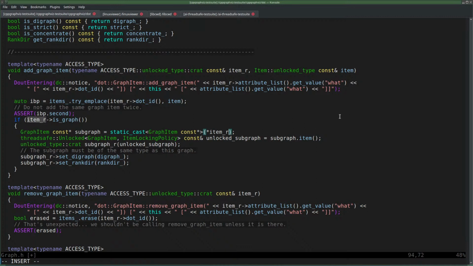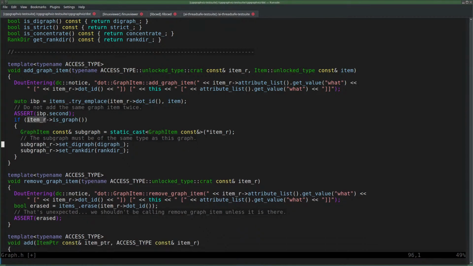Item R returns a const reference to an item. So we can static cast that to graph item, which is then not a pointer but a reference to the subgraph. And then we can skip this and skip that and just use the subgraph that we just created.